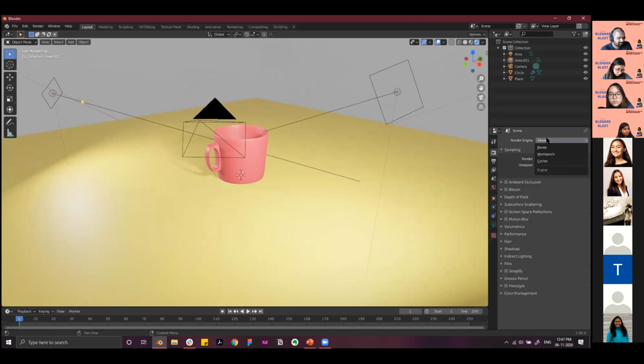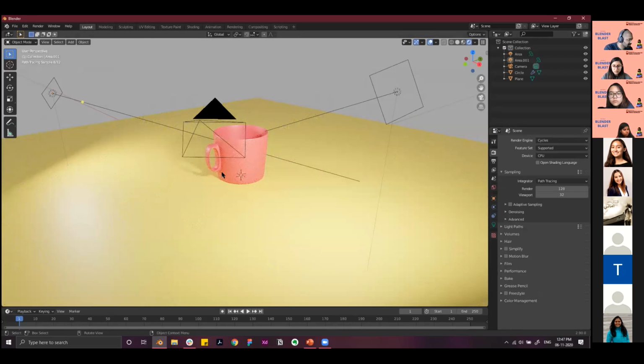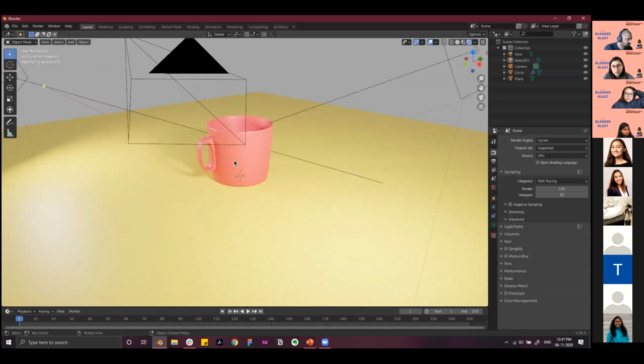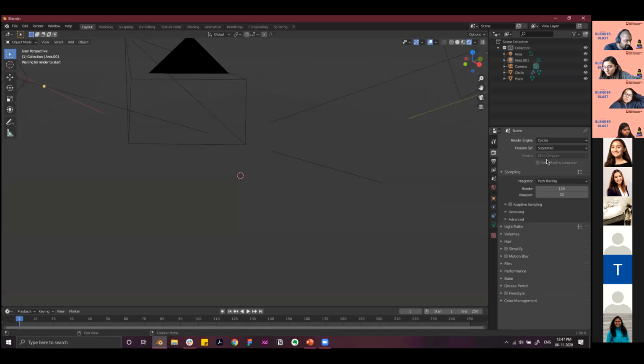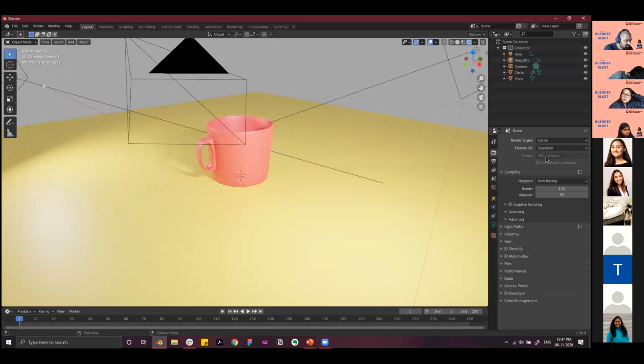Blender supports three different types of rendering. Eevee is the more efficient one. Then you have Cycles, which takes longer to render, but that's the one the industry uses. Once you go to Cycles, you can see how it renders. If you have a good GPU, you can move the device support from CPU to GPU. Cycles and others are available when you go to render properties on the right side of the panel. From the render engine, select Cycles, and in the device support, select GPU if you have the option.